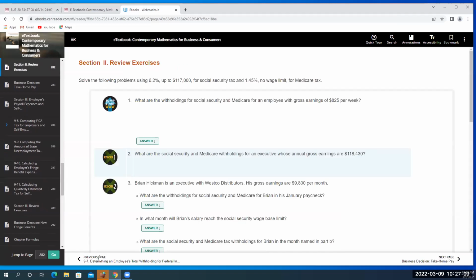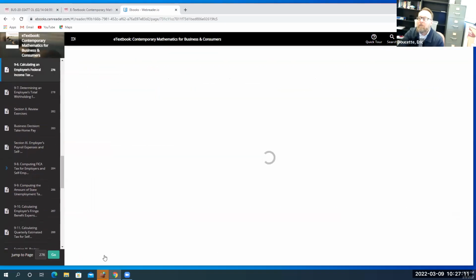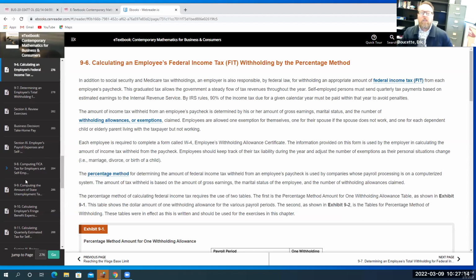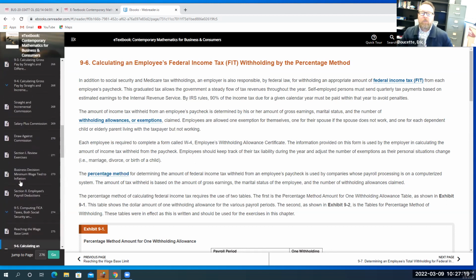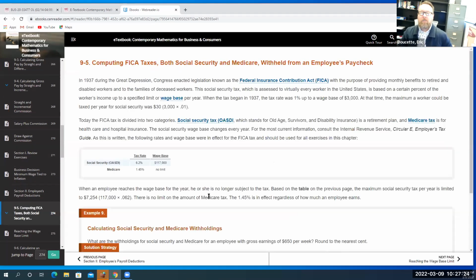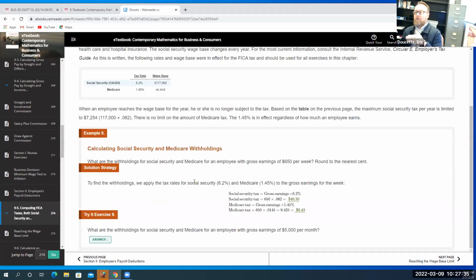And then the prior questions, since we have a little bit more time here, the prior questions in chapter 9 really deal more with, like I said, figuring out your paycheck amount. There's a section in here on figuring out your taxes for Social Security and Medicare. Those are pretty much standard, but you can work through a few of these problems. All you're doing is taking your gross income and multiplying it by the decimal equivalent of those percentages, and that's telling you what your Social Security tax is. So all you're doing is percentages on the total amount.